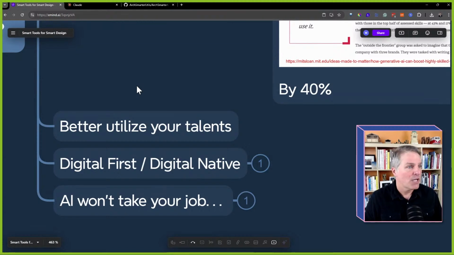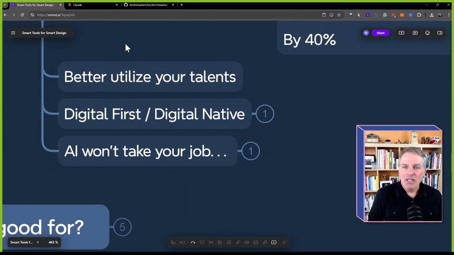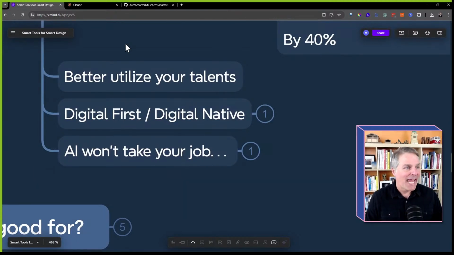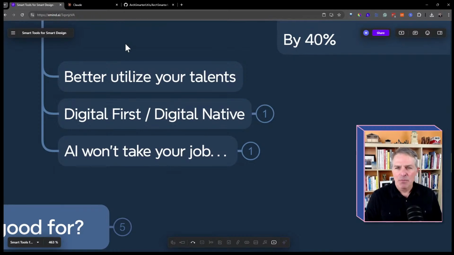AI is great for generating that first draft that you can then edit and evolve. Now, another thought. When I graduated architecture school back in 1995, we were still doing hand drafting. We were doing hand models. It was very much creating with our hands. And then around that time, at my first job, I started using AutoCAD, and it's been all